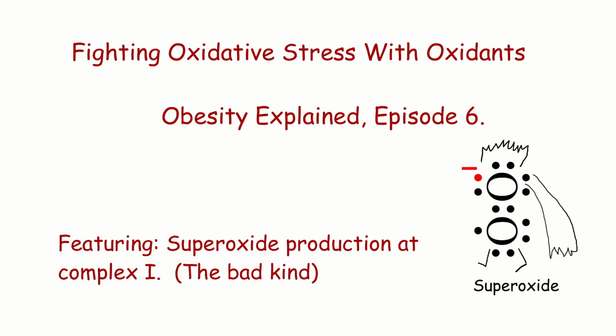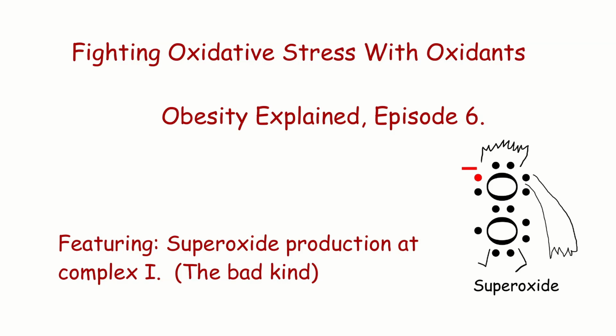All right, fighting oxidative stress with oxidants. Obesity Explained, episode 6. This one is featuring superoxide production at complex 1. That's the bad kind of superoxide production. That is not the kind. We do not want to produce superoxide at complex 1 because it's associated with reductive stress, and we're going to